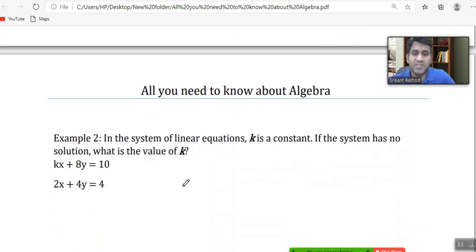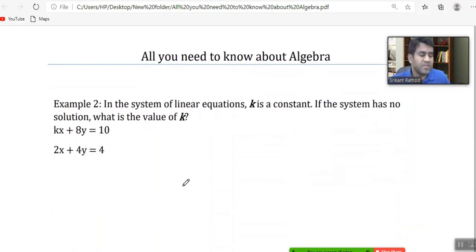Okay, before that, let's solve an example here. This is the kind of question you may expect based on the condition we discussed. In the system of linear equations, k is a constant. If the system has no solution, what is the value of k? They are clearly saying that the system has no solution. When they say that, yes, we know the coefficient of x should be the same value, the coefficient of y should be the same value, but the constants